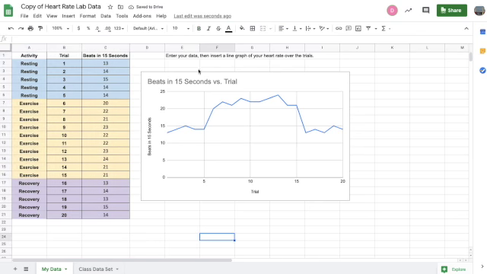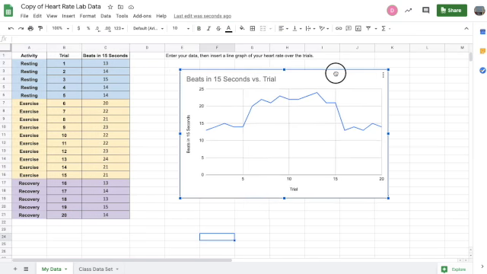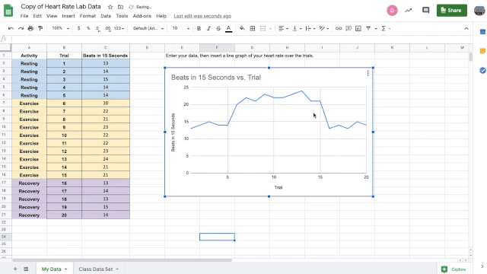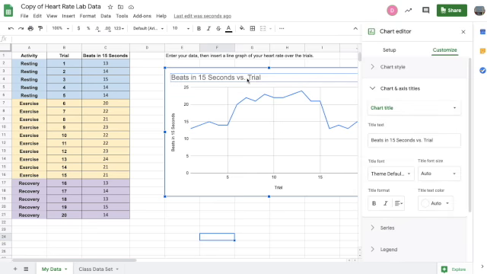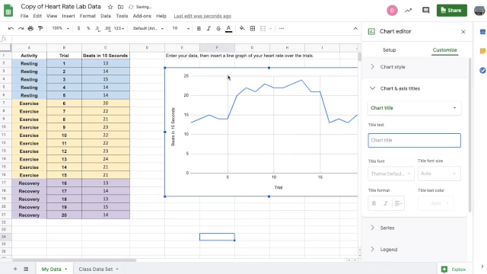And then the last thing that I did, again, if you're on a computer, this will work for you. The last thing that I did to change this graph is I wanted to change the title to something that sounds a little bit better. So beats in 15 seconds versus trial doesn't make a lot of sense for our heart rate lab. So what I'm going to do here, you can change it down here, or you can just double click at the top. I'm going to say